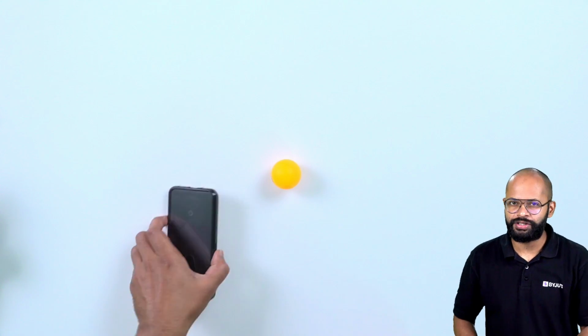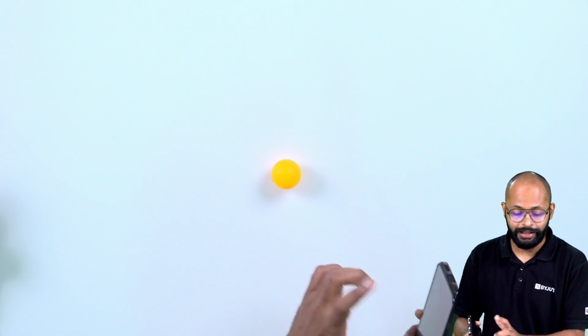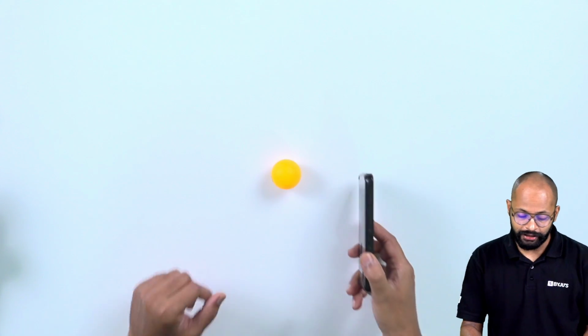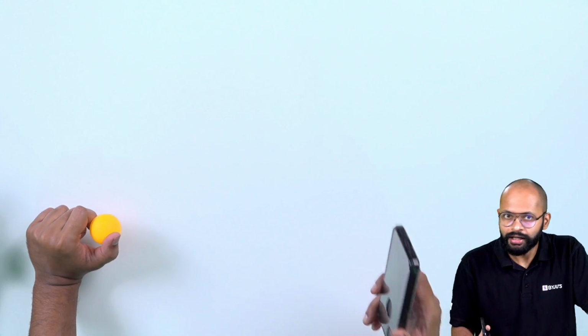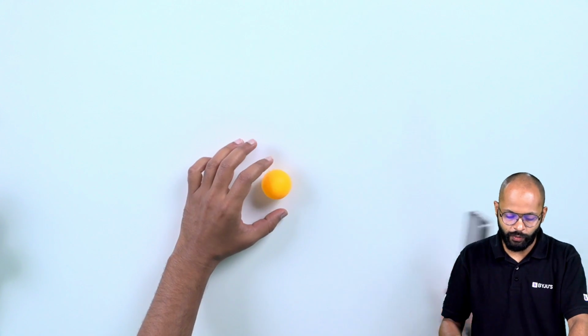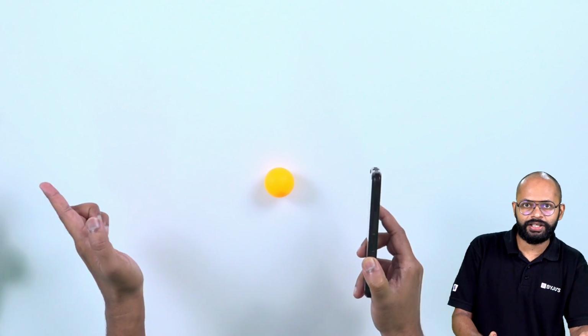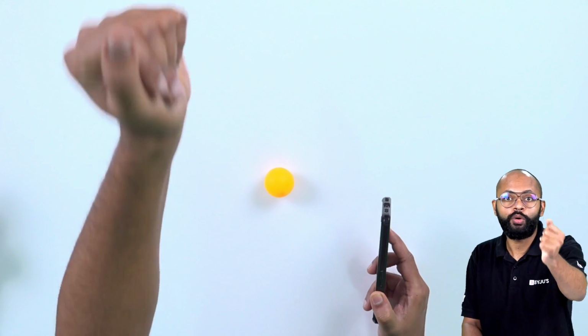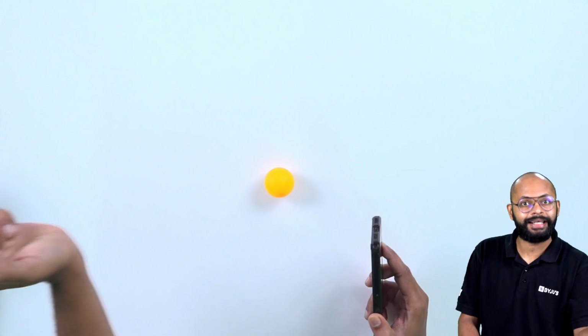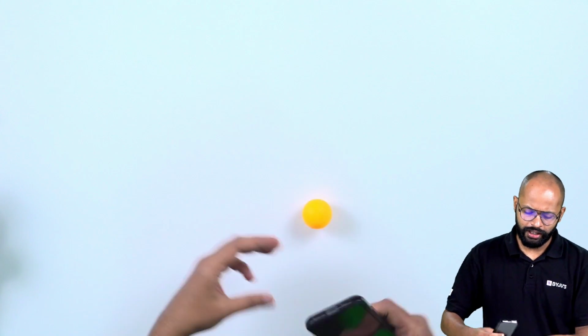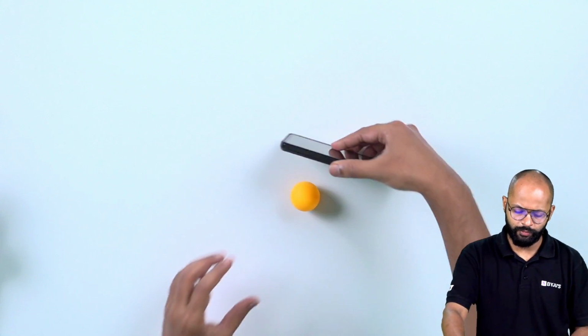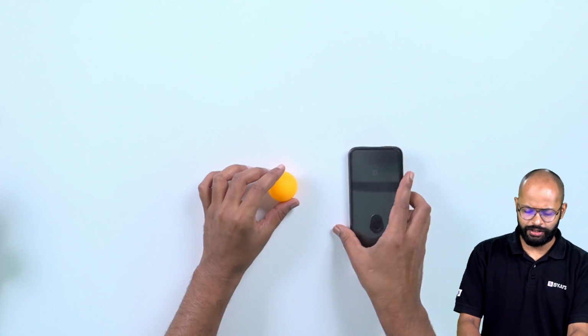The ball was at rest. The moment the bat interacted with the ball, a force was applied. The force brought the ball to motion. In which direction? In the direction the force was applied, right? So when I'm hitting the ball, the force is applied in this direction, means the ball is going to go into a state of motion in that direction. Same thing over here. Same thing with any direction. If I push it here, same thing, push it here, same thing, right? It's easy to understand. Fine.